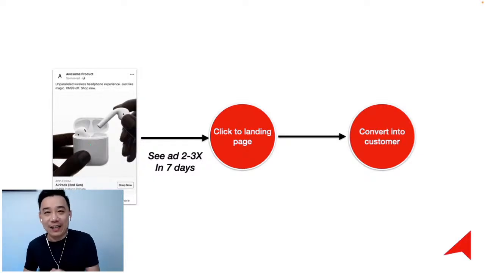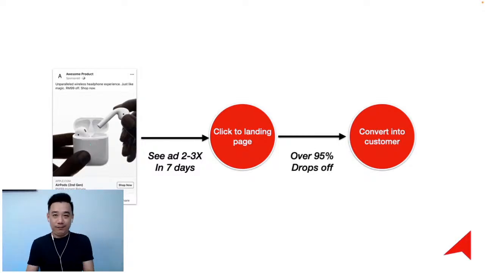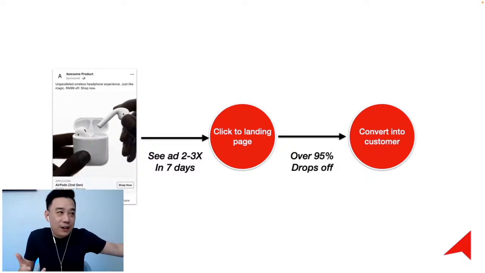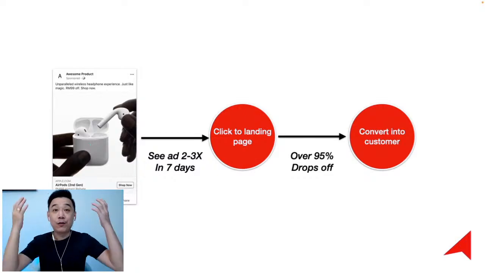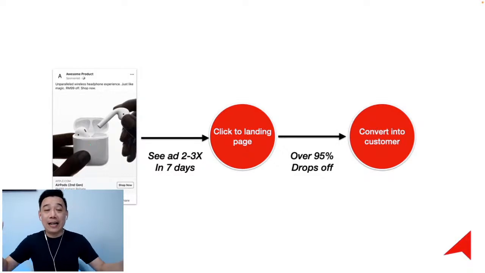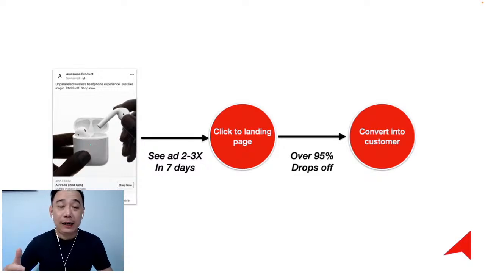So out of these 10 clicks, what happens next? Your girlfriend called, your boss texted you, your kids started yelling there. What do you do first? You respond to all these things first, right? And you forgot about the ad that you just clicked. Here's the hardcore fact. Over 95% of audiences who click on the advertisement drop off. Not because they're not interested, but because they're distracted. Because life is full of distractions. I have 4,663 things that I need to do at every single time, and I just forgot.